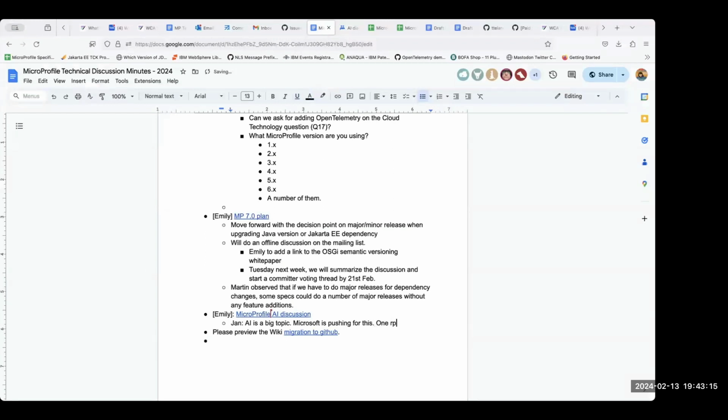So just taking the OpenAI API and naming it MicroProfile AI might not be the right approach. Having that supported, on the other hand, could be interesting as a provider, for example, if there are multiple ones.